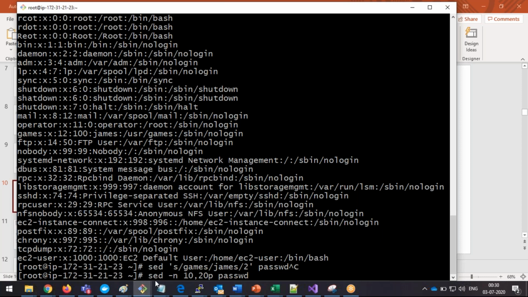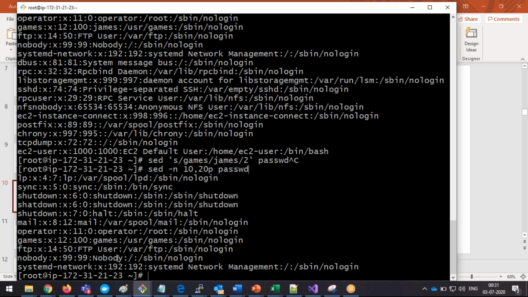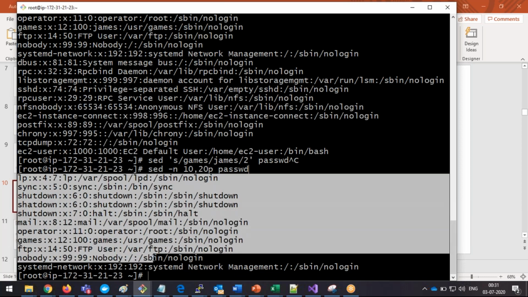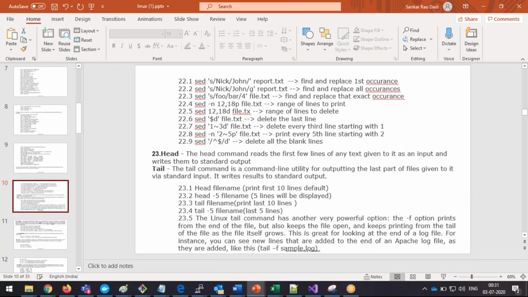So now with the help of sed, not only finding and replacing, you can fetch the records also. Now this is my starting position and this is my ending position in the file. Right. So the positions are nothing but my records. Enter. Now you can see these records are pulled out, nothing but the 10 to 20 records from the file. Right. Simple. By using the sed command, you can fetch the records also. Then